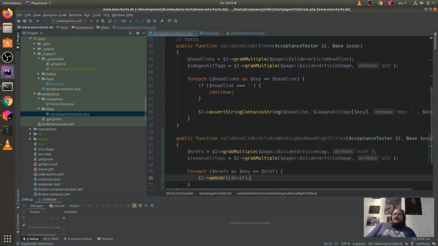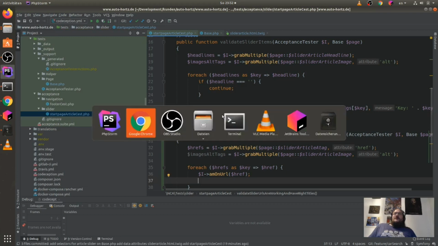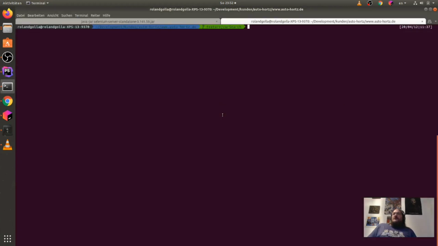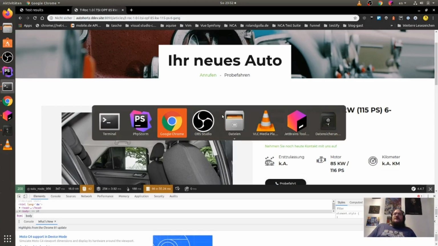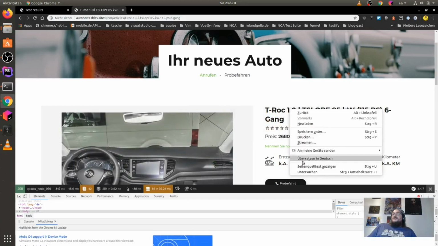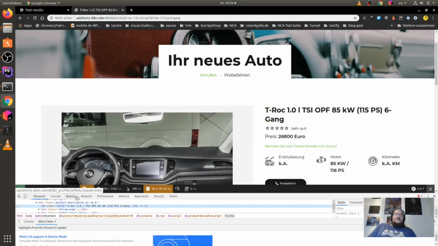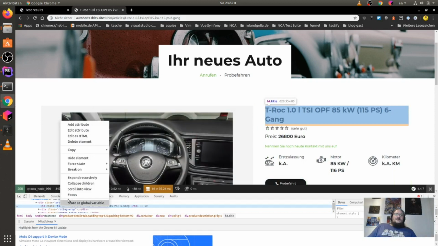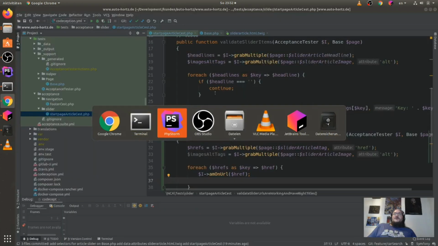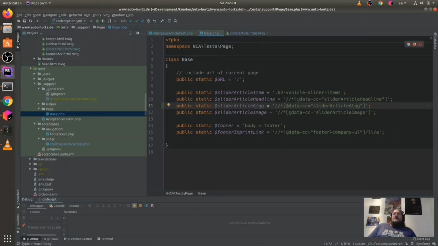and I have to wait for something which is called here the headline. Copy selector. Now we have a new selector.